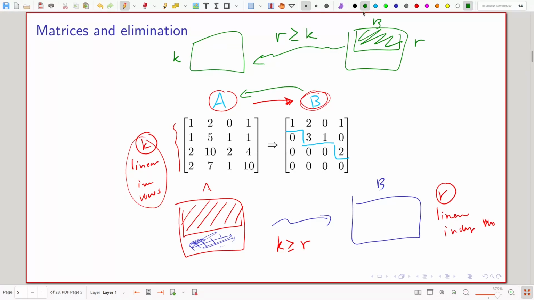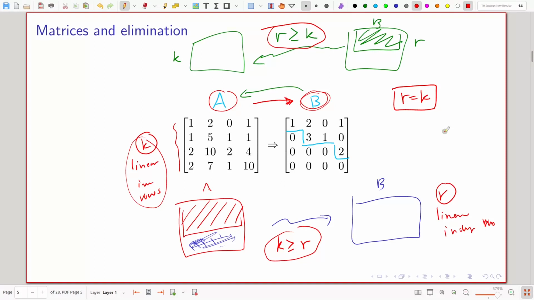Okay. Now, since we have this and we also have this, what can we conclude? So we can conclude that R equals K. So the rank of A and the rank of B is the same. Okay. So if you want to find the number of linearly independent rows of A, basically you can just look at the linearly independent rows of B, and then be done.